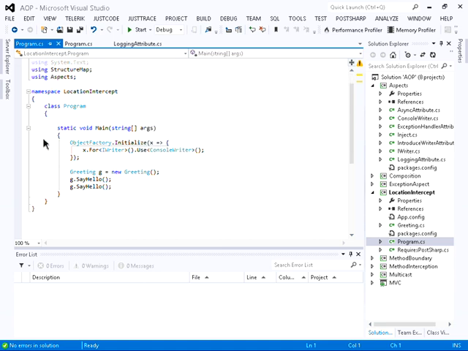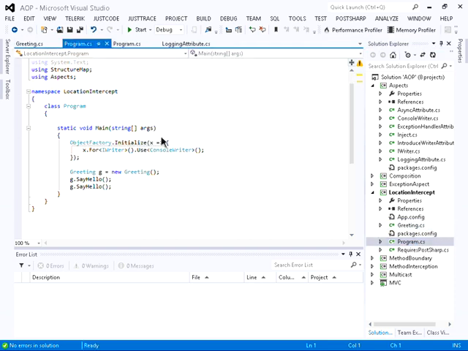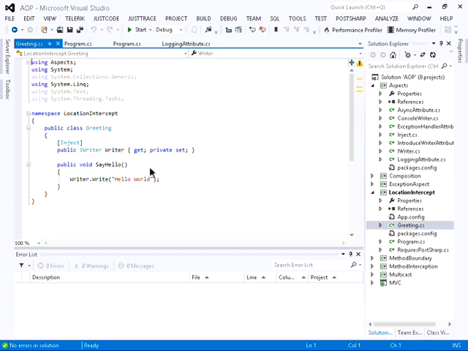So here I'm using StructureMap to do a little bit of setup, because the example I'm going to do for a location intercept aspect is injecting services into a class using StructureMap. We've set up our IWriter to return a console writer, which just prints stuff to the console. And then in our Greeting class, we have a property of type IWriter,